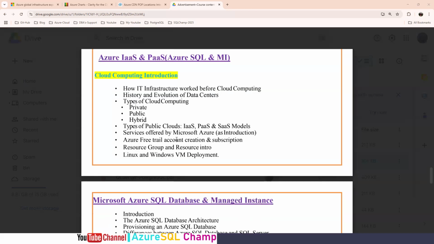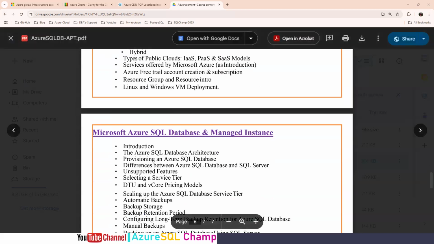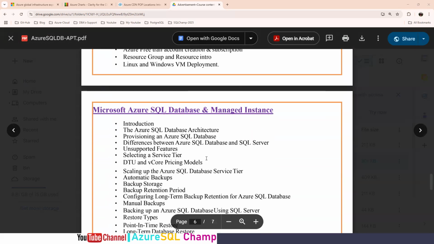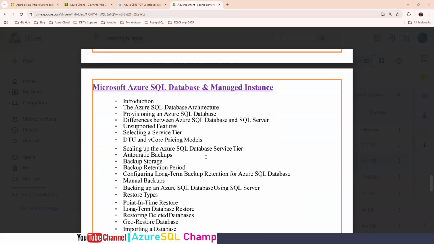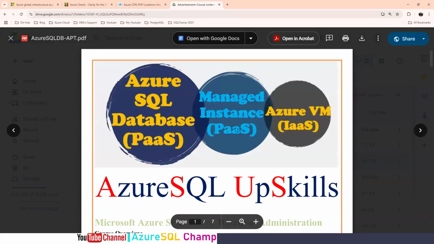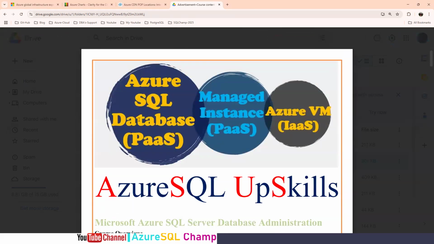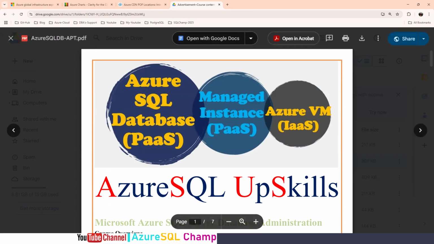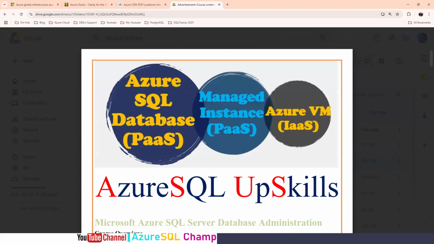Then 1 week we are going to spend on Azure SQL database, which is very important. So how to spin the Azure SQL database? What are the differences in terms of resources when you especially go for a PaaS platform? See, if you go for PaaS, you have two options. One is database as a service. One is instance as a service, MI. And next month we are going to call for MI as well.